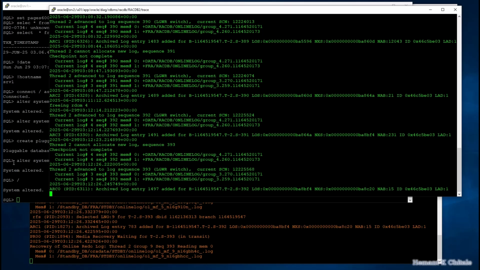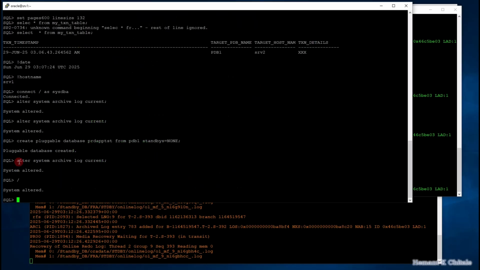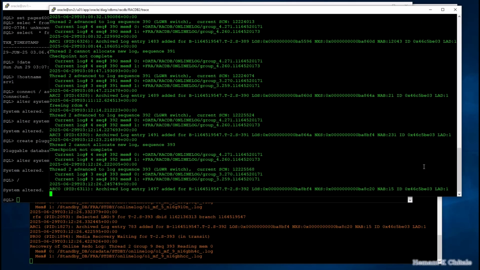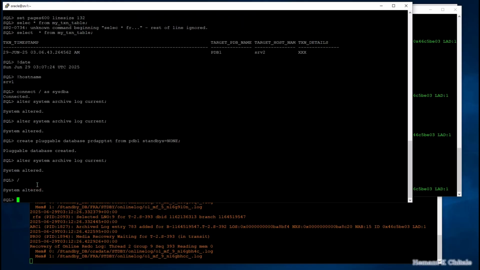And when I issue an archive log current from the primary instance, the second instance in the primary will also do an archive log. Let me just put some data into my pluggable database right now without using a service name. My new pluggable database is called PRDAPPTST. Oh, wait a minute, I have not yet opened it, so